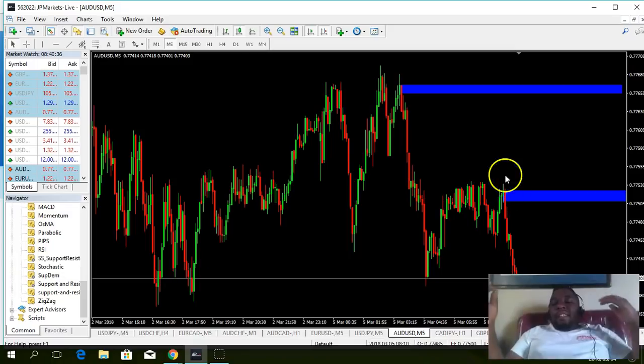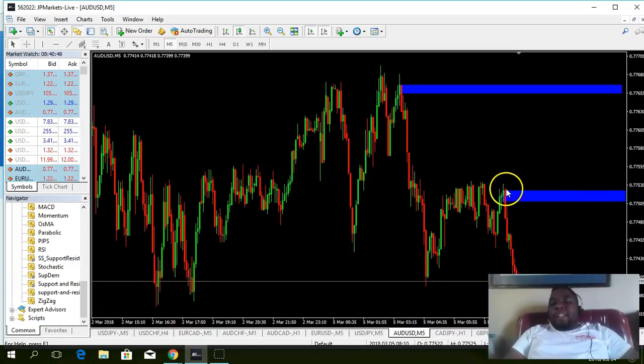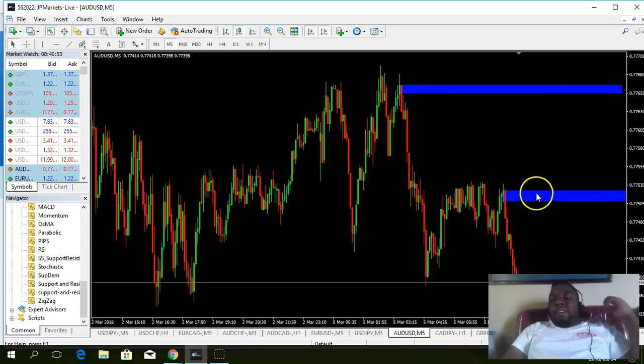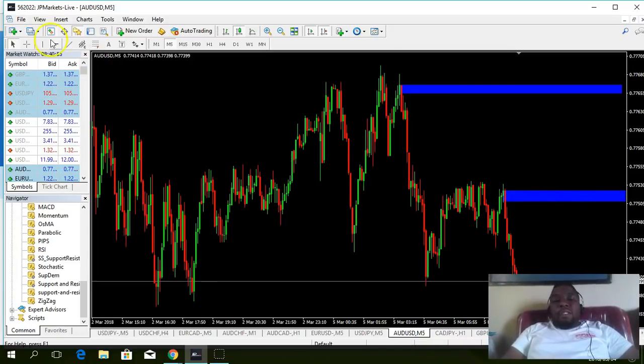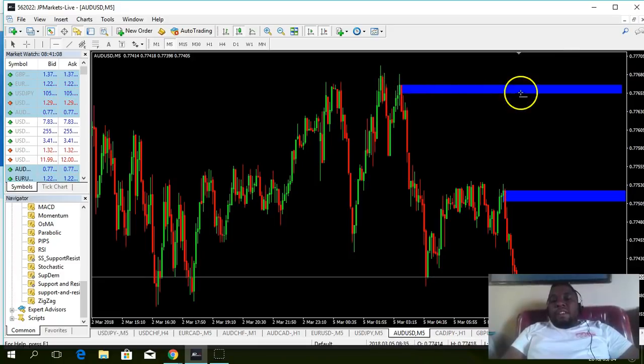So what do these two levels tell me? Whenever the price retests this level for the first time, it's going to drop again, because this level is important. So you know that this is where your demand zone is. Let's talk about the first level I drew. When the price revisits this level, touches it and goes down again,